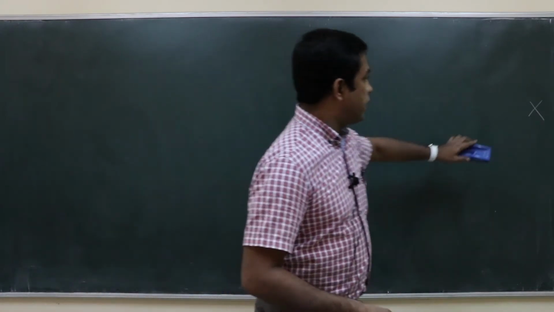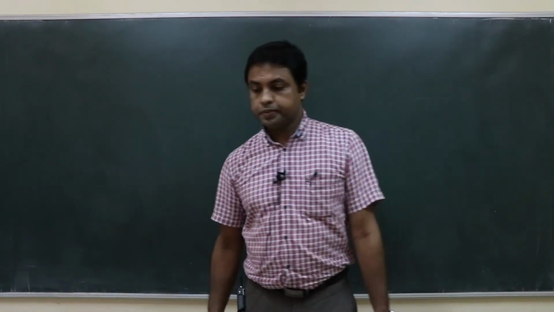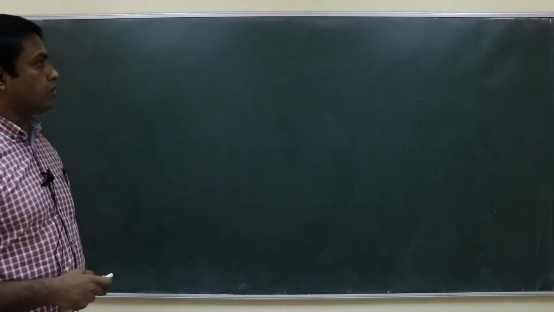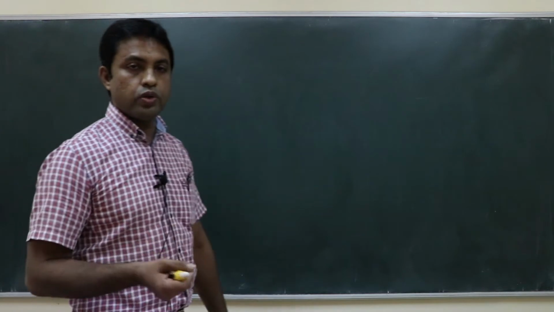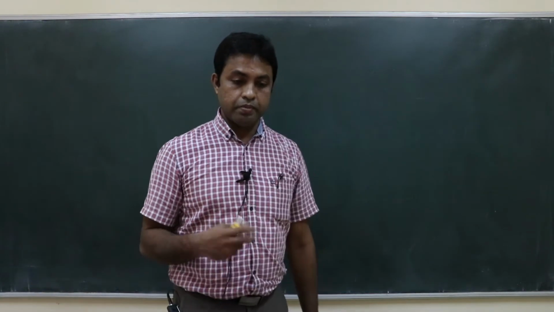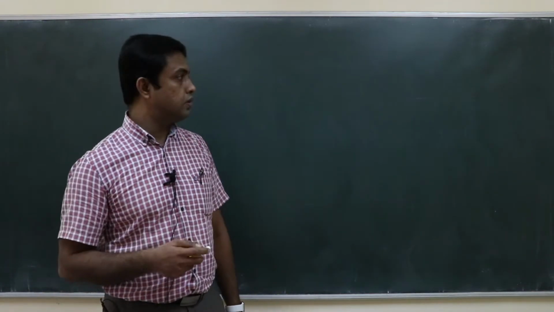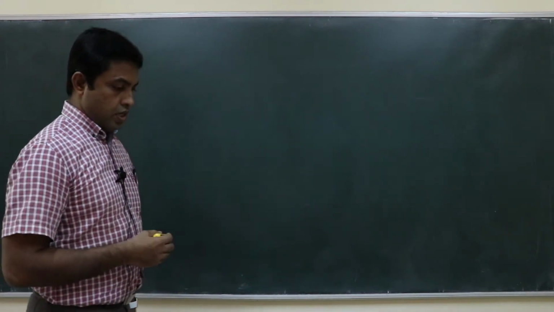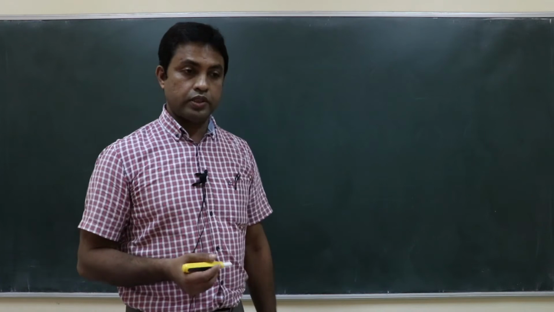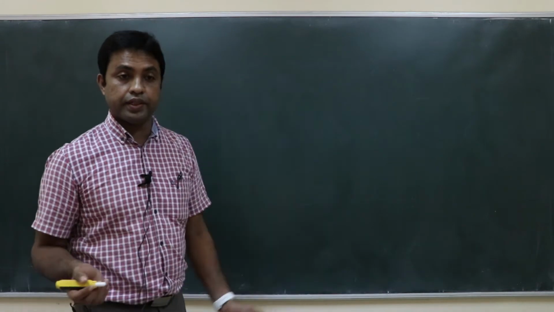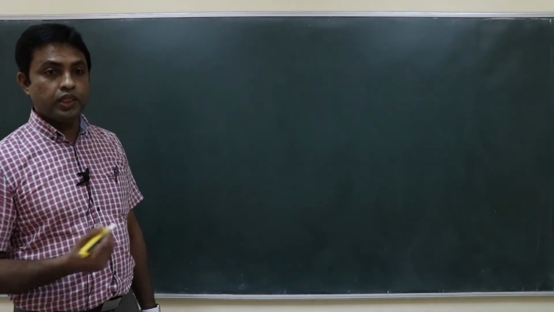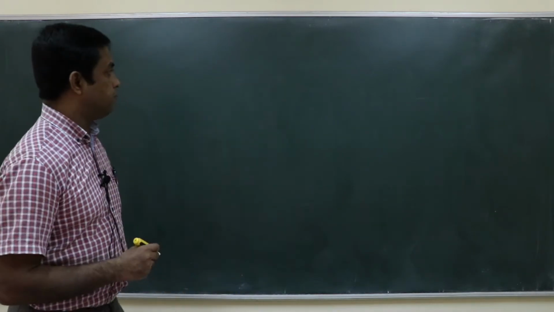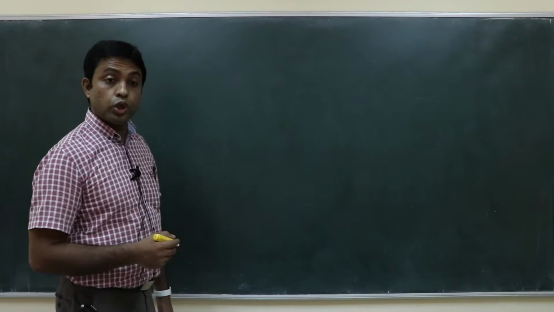Okay, so yesterday we were discussing linear vector space and some properties of linear vector space. We also discussed basis vectors. So now let us talk about this: suppose you get a set of vectors which are not orthogonal, but they are basis vectors. Okay. So what is an orthonormal basis?